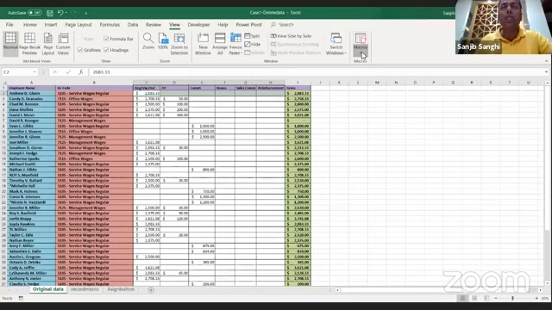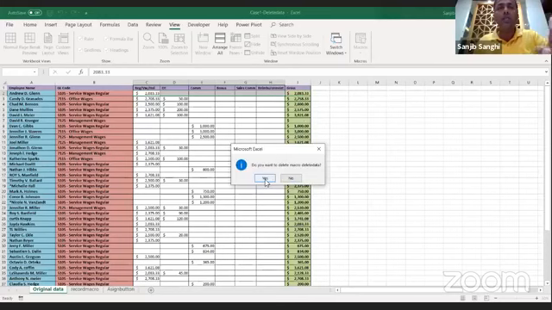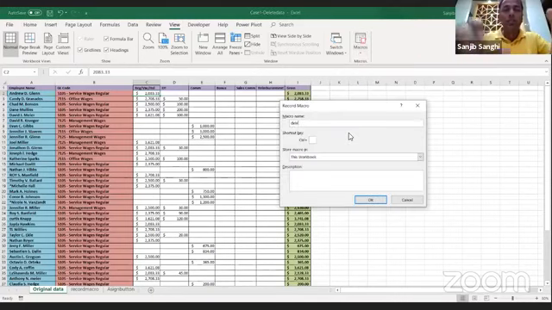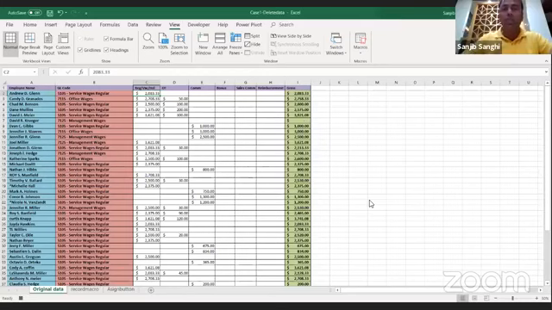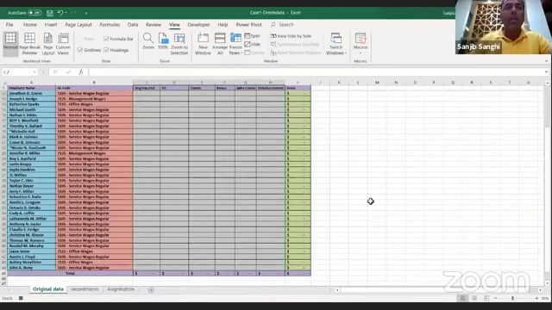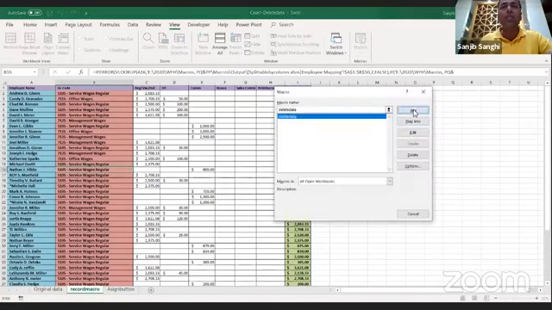Let me record it again, delete this, and do it again. Delete, and I stop the recording. You can go over here, and I can always run this macro to delete the data.